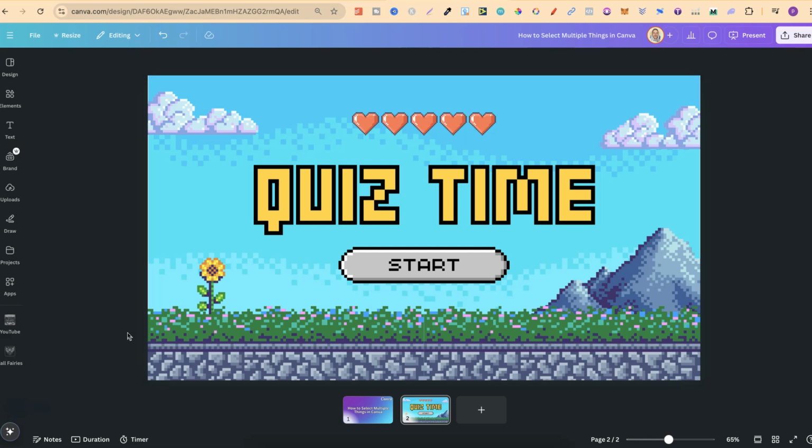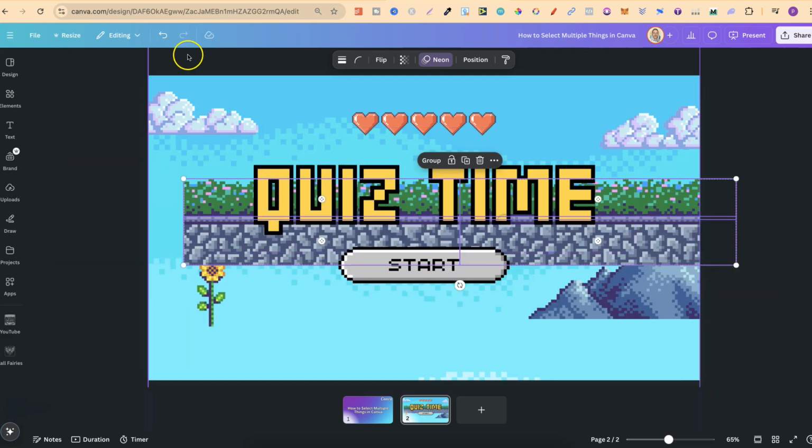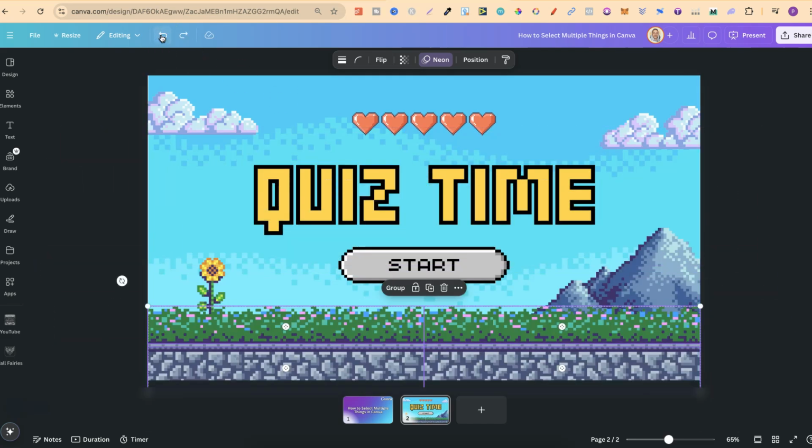Now to do this, what we want to do is left click on the mouse, drag and select just like that. Now let's do that one more time. We're going to left click, drag and select, and now we've selected these together. Now what we can do is move these together like that as well, or we can go one step further